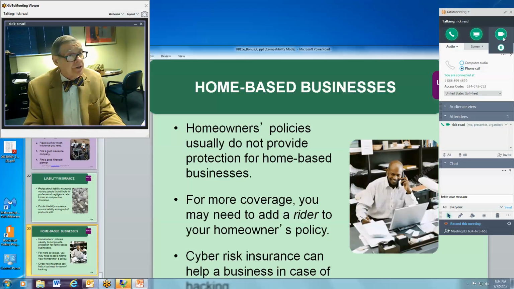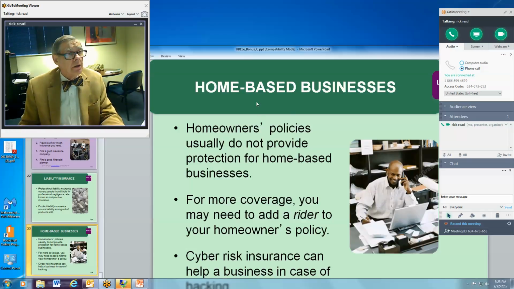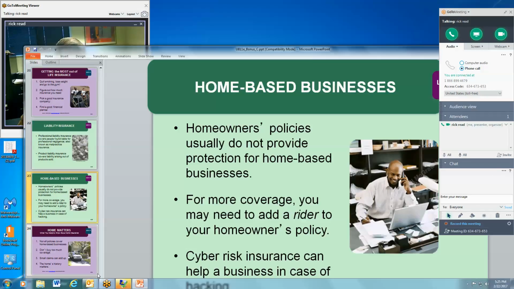Notice down here the second bullet, you may need to get what's known as a rider on your homeowner's insurance. Now just make sure that you do that. If you intend to open a business in your home, make sure that the area in which you live is zoned for business. If it's not zoned for business, then don't open a business. And then make sure that you talk to your insurance agent and get the type of homeowners insurance that you need, a rider, etc. Well, at 5:25, that brings us to the end of Chapter C, Managing Risk.